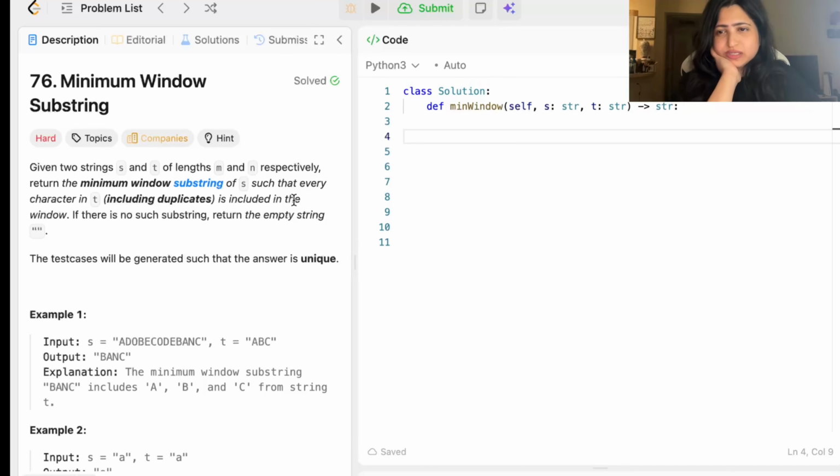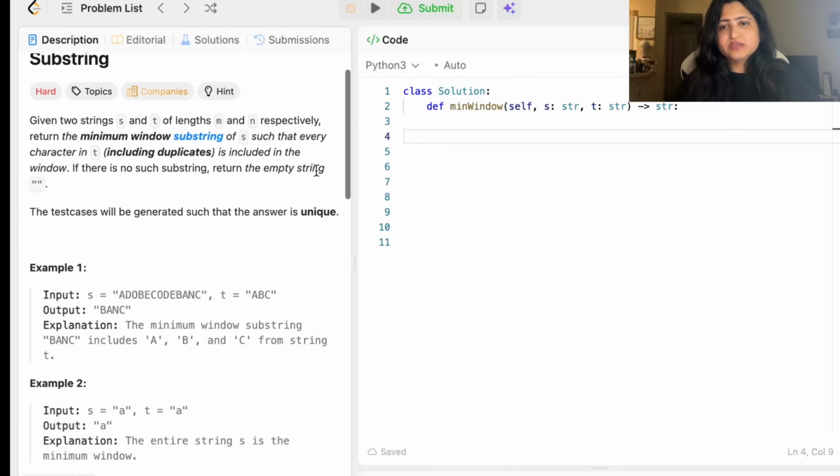Hi, let's look at this LeetCode question, Minimum Window Substring, the 76th one from LeetCode. The example given here has two strings, S and T, and we have to find a minimum window substring that will include all the elements from T, which in this case are A, B, C. So the valid windows in this string include this one, because this substring has all the elements, which are A, B, and C,